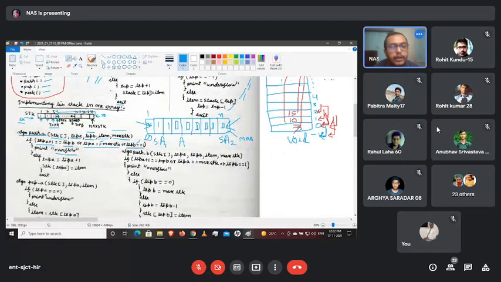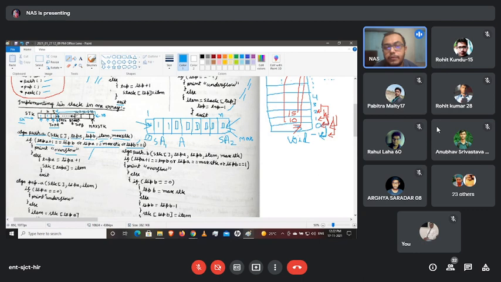Next, if the overflow condition is not there, the simple push operation algorithm applies: top A equals top A plus 1. First the top A pointer will be incremented, and then stack A at that pointed position will be updated with the item. So this is our push operation for stack A.